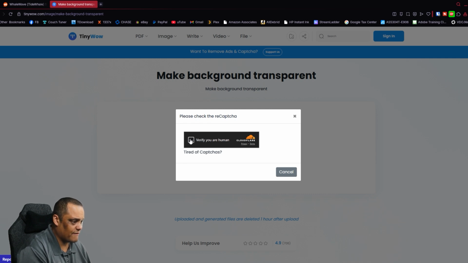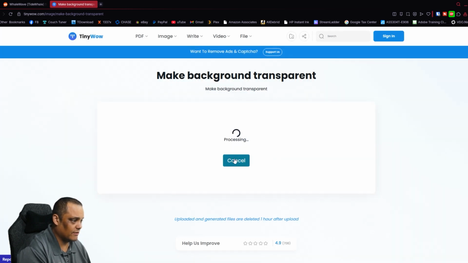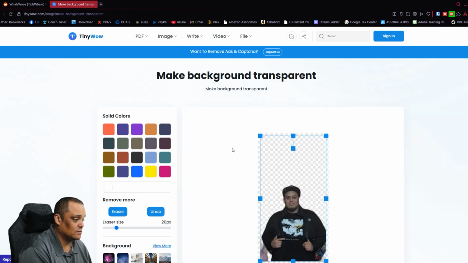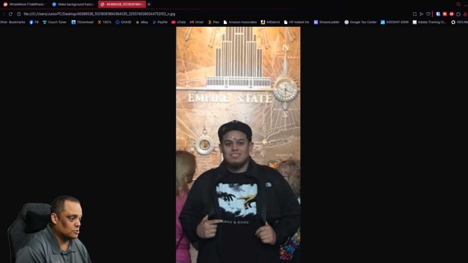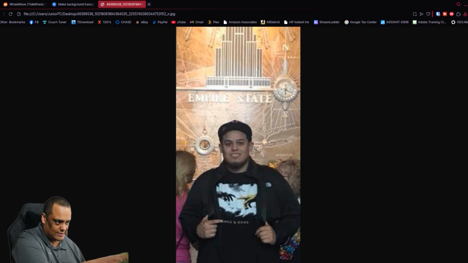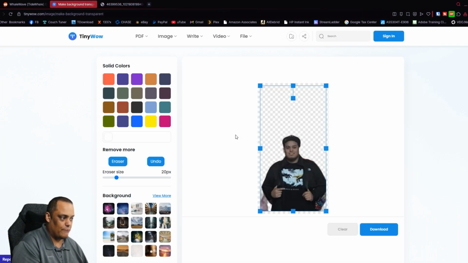Okay. So we just have to verify that we're human. All right, and then we just let it process. Once it processes it, it'll remove the background. All right. So as you see, it removed the background. This is a picture of him at the Empire State Building. Let me see if I can bring the picture in here so you guys can see it. And there you go. So this is the original picture that I wanted to make a transparent background. As you see, this is the picture at the Empire State Building, New York. And when we removed everything,